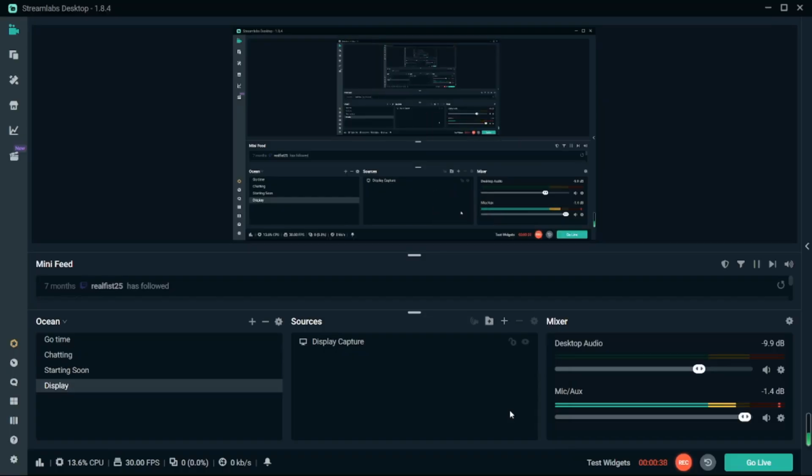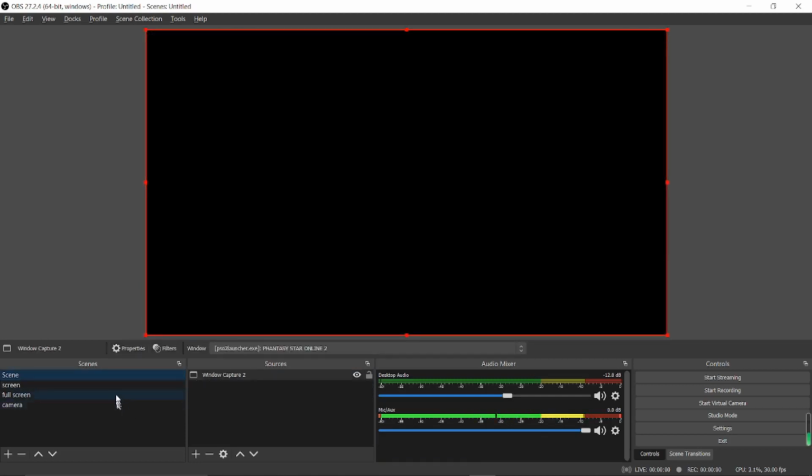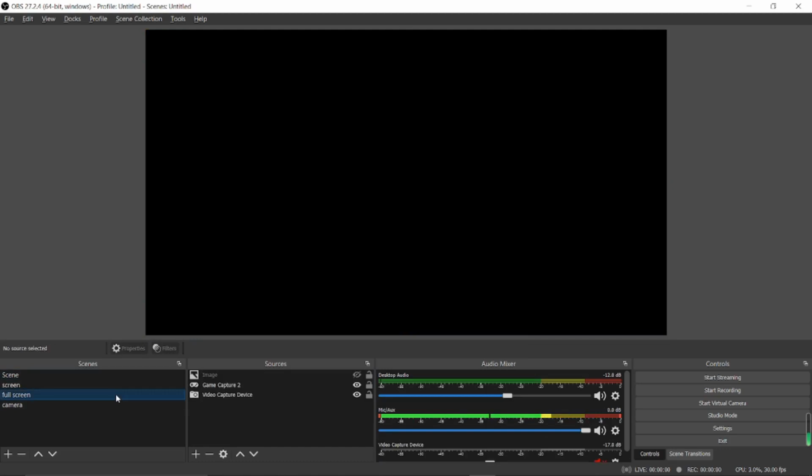Oh, by the way, for the recording, I'm actually using Streamlabs Desktop to record, because if I'm recording using OBS, I won't be able to show you the display capture and the game capture at the same time if I'm using the display capture of the OBS to capture my display. So, anyways, for OBS